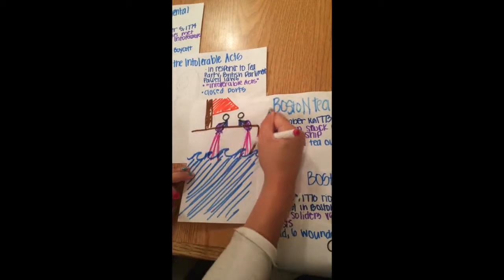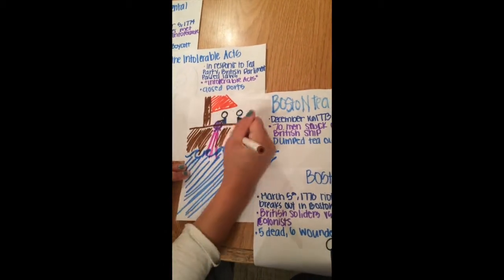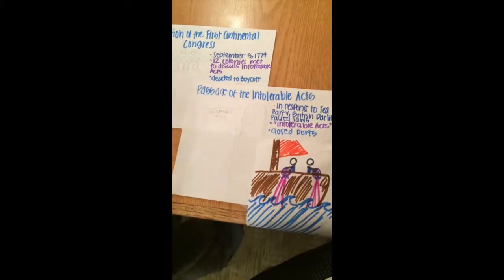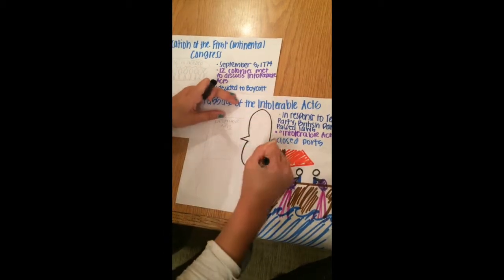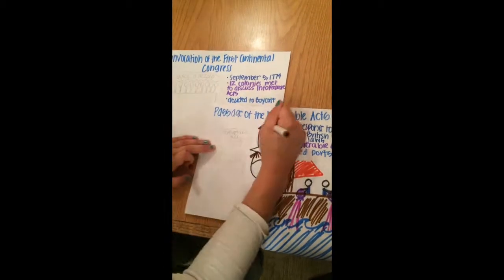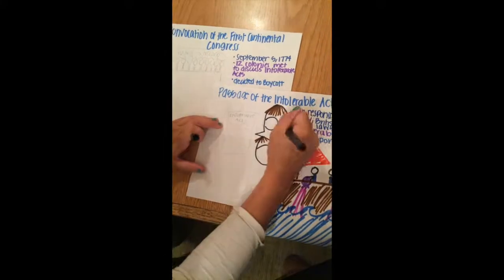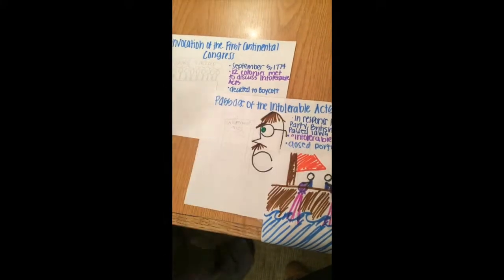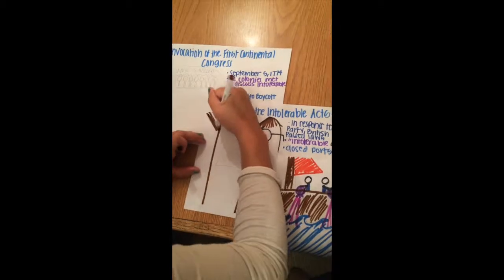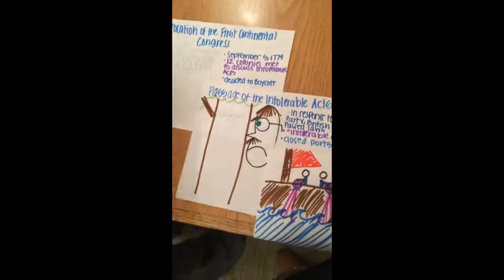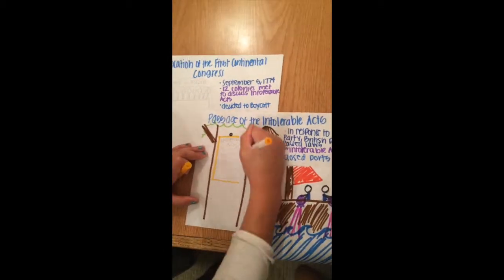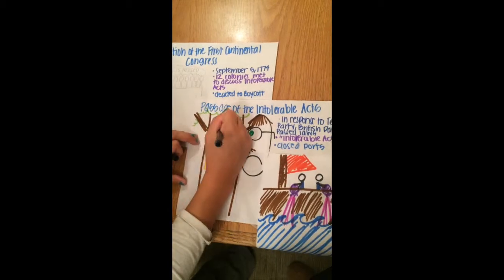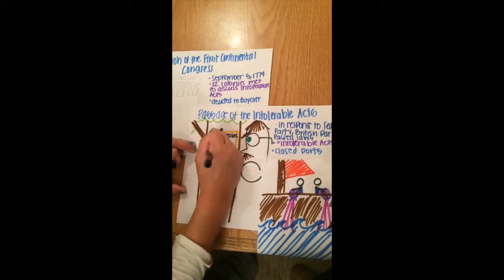The fourth act that sparked responses to starting a war was the passage of the Intolerable Acts. So this was in response to the Boston Tea Party. British Parliament passed a series of laws that came to be known as the Intolerable Acts. These laws closed all shipping ports in North America until the colonists paid for the damaged tea and goods that they had ruined. Now, the last act